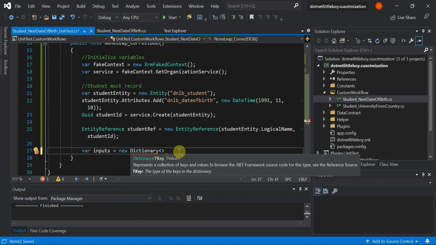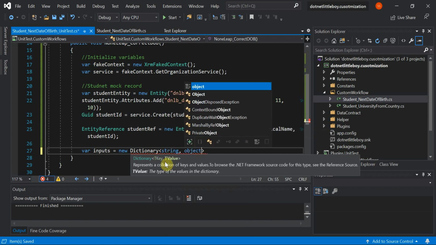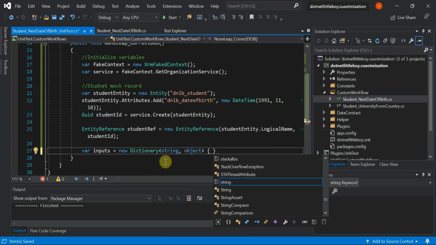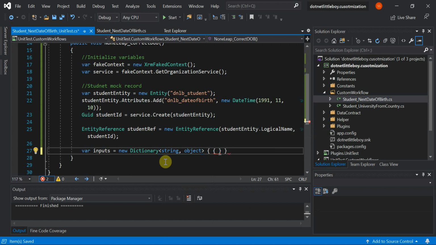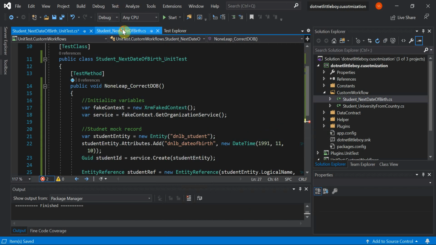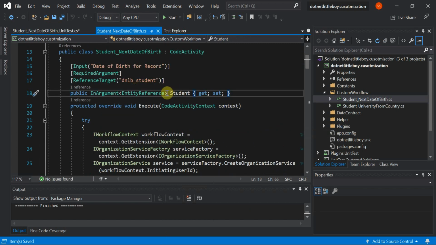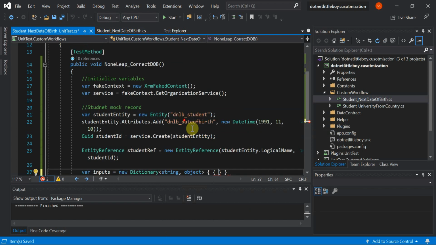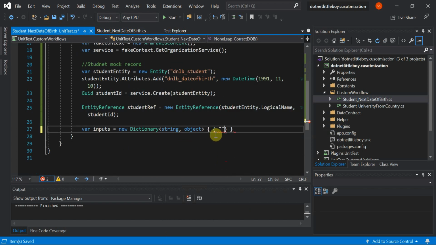Here you can see we have the key value pair. So we have to take the key name as string and object type, and we have to set the object here. Since I have only one input argument, I will be taking only one here. If you have multiple, then you can set them up here.